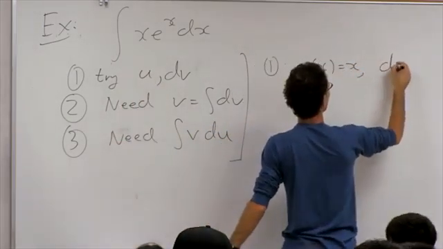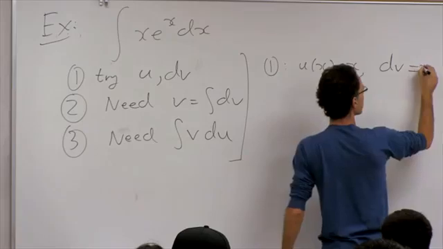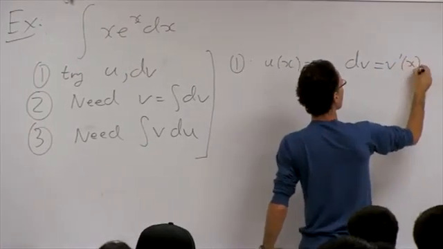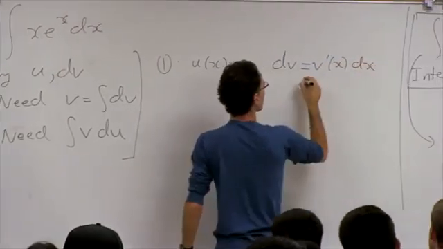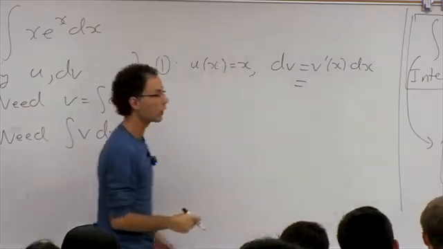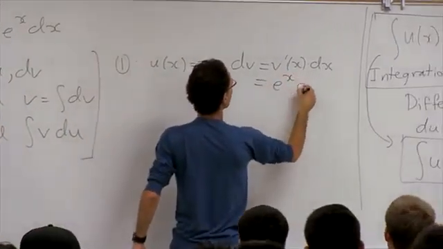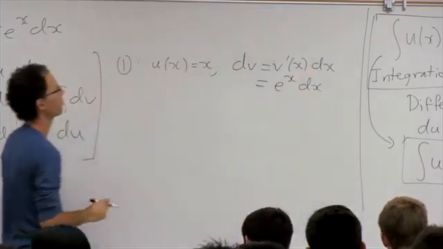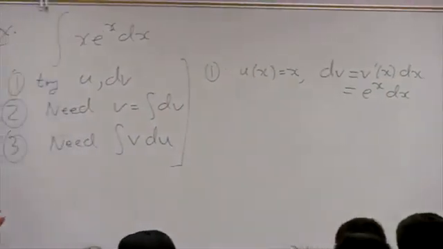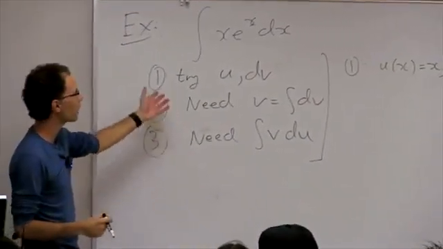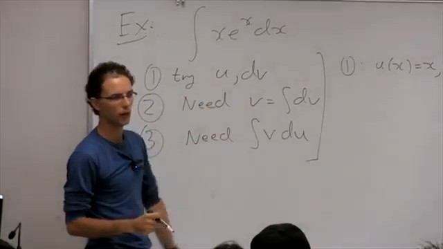And dv, which remember is v prime of x times dx, I'm going to let this be the remainder of the integrand. That will be e to the x times dx. Okay, so this is our first choice. And once we have this choice, we're now going to try and compute all the quantities on the right-hand side